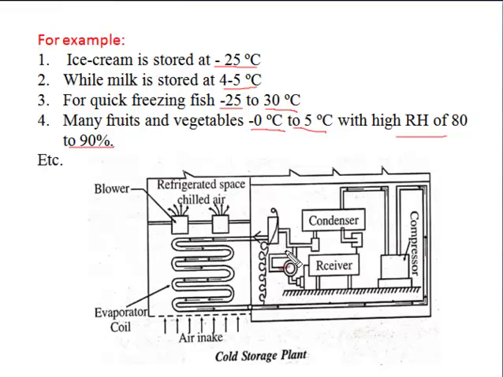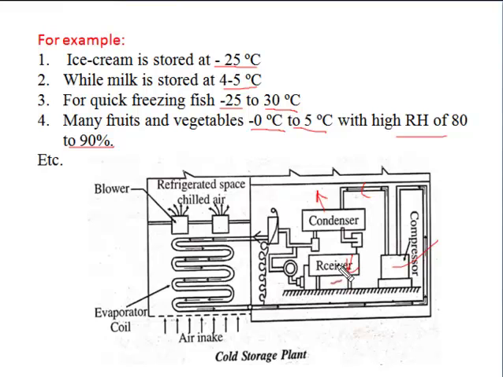Now we have come to the working of cold storage. Here we can see the basic components used in cold storage, which are similar to an air refrigeration unit. This is the compressor. The basic purpose of the compressor is to compress the refrigerant from low temperature, low pressure to high pressure, high temperature. Then after the compressor, the refrigerant is sent to the condenser. From the condenser, heat is rejected to the atmosphere and the refrigerant is condensed, and the condensed refrigerant is sent to the receiver.